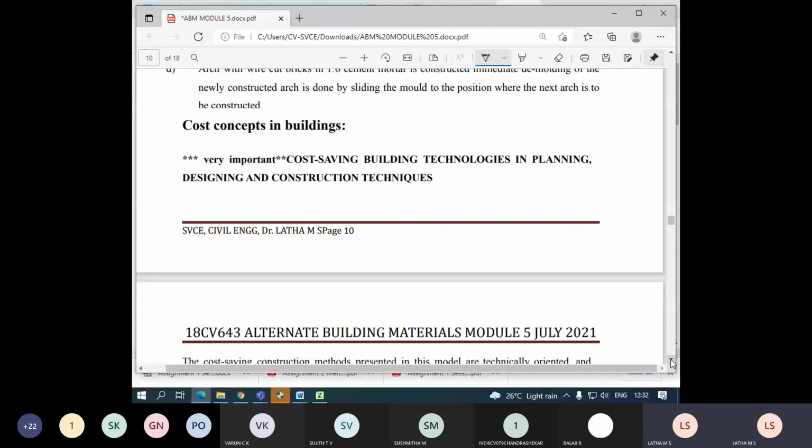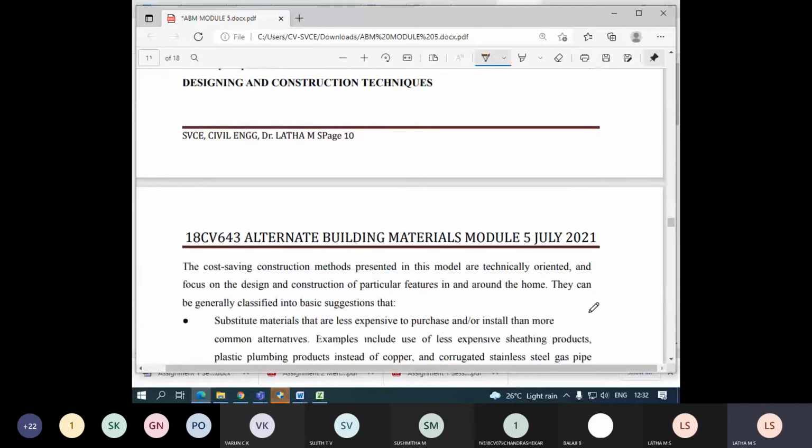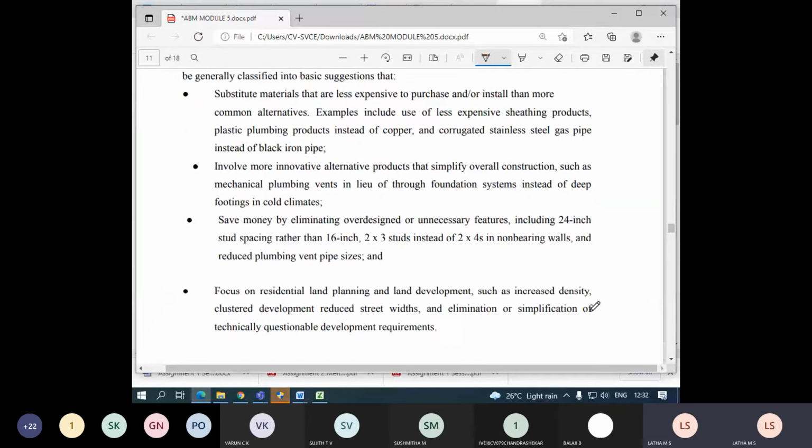Is it possible to construct a house for a 10 by 10 feet area, giving 3 lakhs to you? Is that possible? Yes or no?